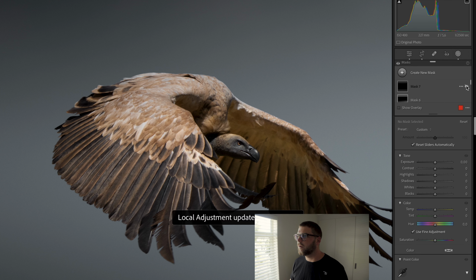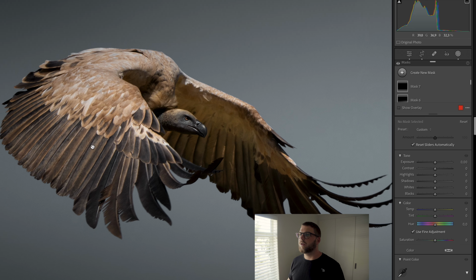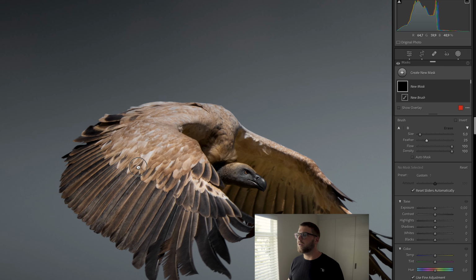Before and after. Just a slight increase, but enough to make it pop. Now what we can do is darken these feathers here to increase the contrast between the light feathers and the dark feathers, which I think would add quite a nice touch to it. So we can create another brush